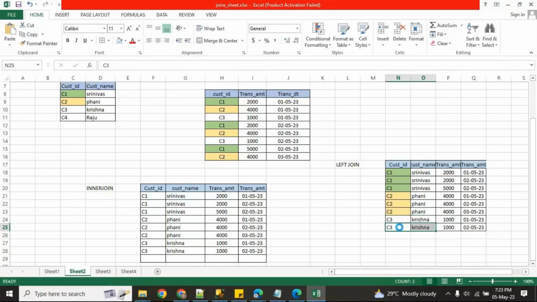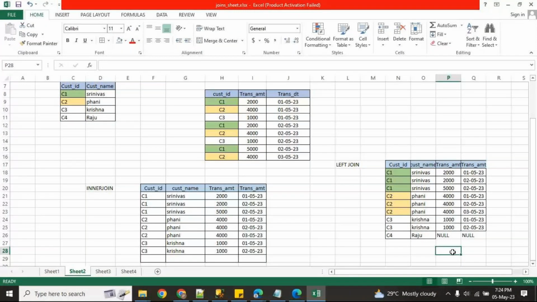Okay, now C4. Do we have anything for C4? No, we don't. If it were inner join, it should not come, but I am using left join. Here my left side table is this one, so on the left side I don't want to miss any record. Right side, if it matches, it will provide. Right now it doesn't match anything, so it will give the null value.